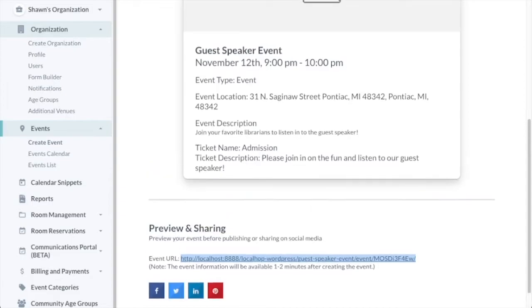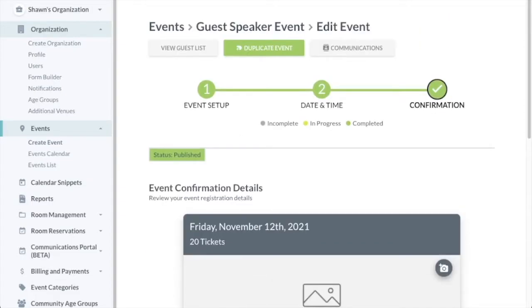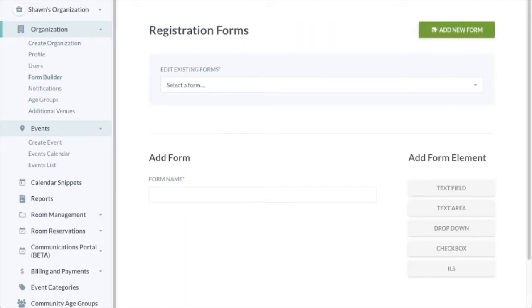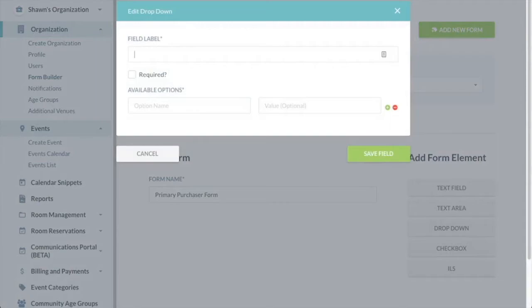Now I'll walk you through the primary purchaser scenario. So we'll create another form. We'll name this primary purchaser form. In this example, we'll base the form off of a Storytime Kids event. So within each age group, there will be a different staff member reading books appropriate to that age group. So we'll add a drop-down field that asks for age,